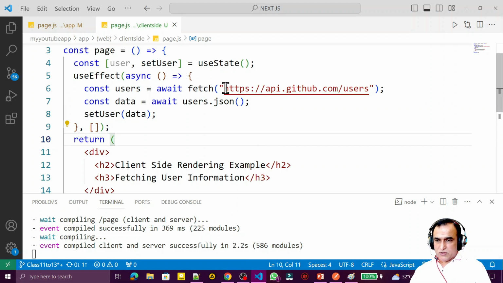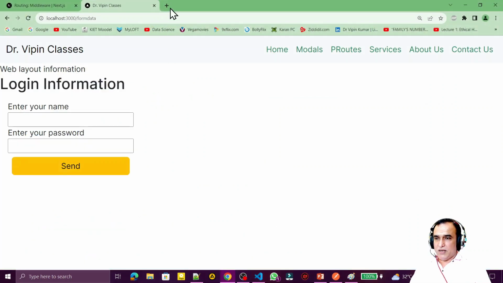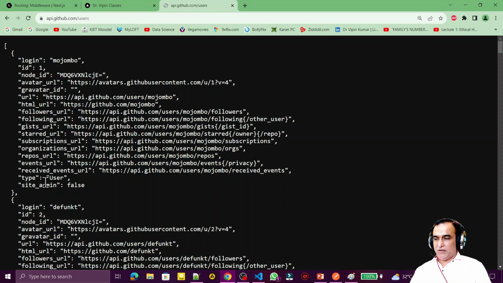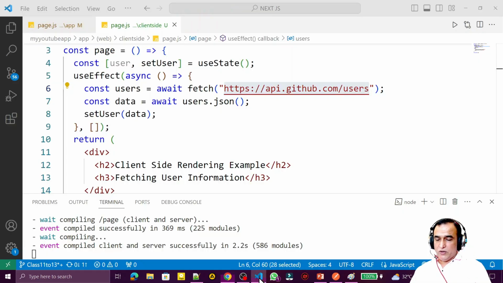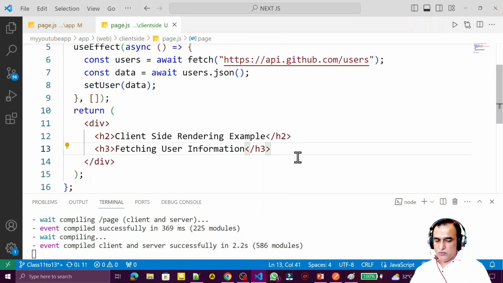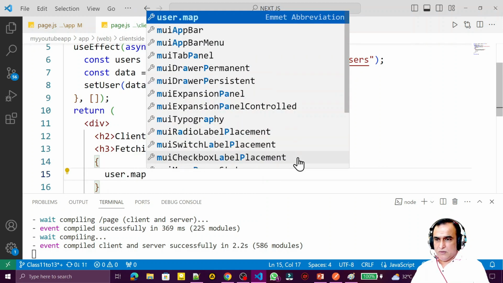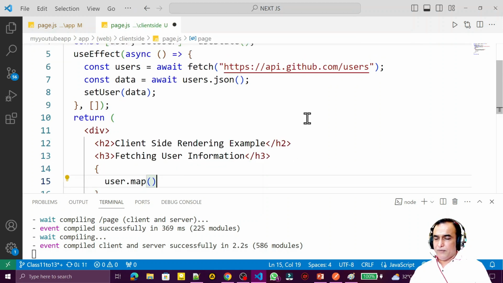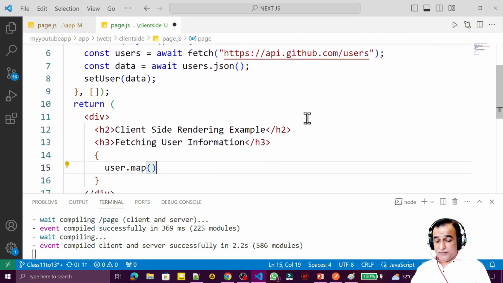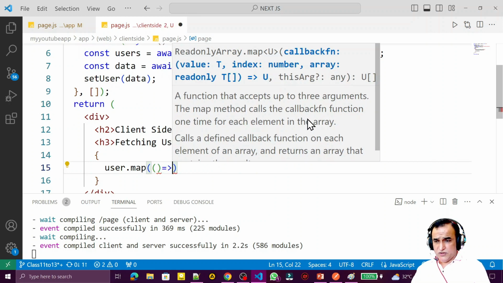So if I use this API, you will see the output of this API here, we have an array and we have information like this. So we are going to read this information that is coming in data, this is coming in user now. So here I am going to use user. So I say here user.map, remember user.map, and under this user.map we have a function, an arrow function, and